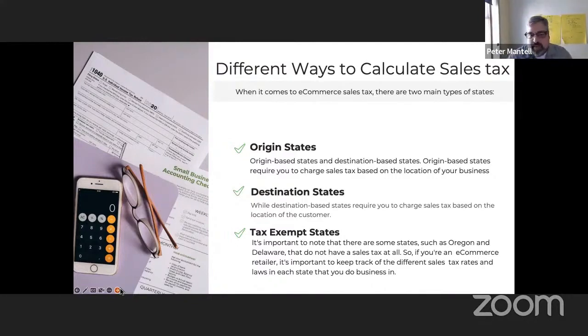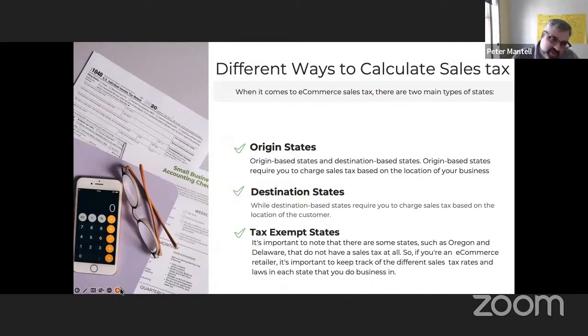But when we look at how the United States does it, we're very fragmented in nature. There are over 12,000 different jurisdictions, and each jurisdiction is unique. Every small town that you see in any movie is a unique jurisdiction. If you've ever seen a movie with a small town, middle of nowhere, United States, they have their own unique tax rate. That's how complex we are. So there are various forms of how the tax is calculated.